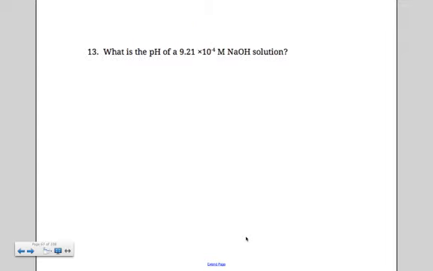Number 13, what is the pH of a 9.21 times 10 to the negative 4th molar sodium hydroxide solution? Well, if you're reading this very quickly, you're cruising along, you might say, oh great, I just did this. It's negative log 9.21 times 10 to the negative 4th. And you would be incorrect, because the 9.21 times 10 to the negative 4th is the concentration of a base, sodium hydroxide. What we want for pH is the concentration of hydrogen ions,